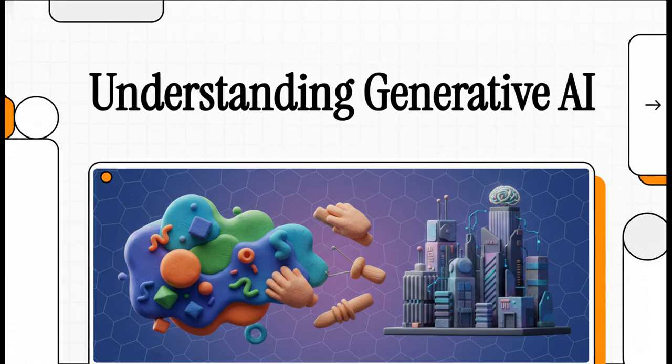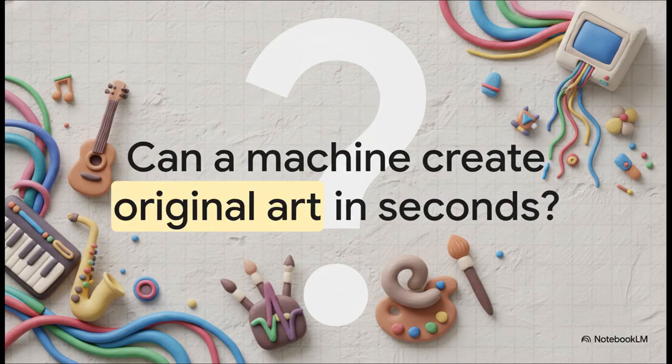Just like an artist takes a shapeless block and molds it into something entirely new, modern technology is now sculpting raw data. It's this incredibly fascinating, and yet maybe slightly intimidating shift. So ask yourself this: what if a machine could create original art, music, or even code in mere seconds? And I mean, not just search for it, and definitely not just copy and paste it. I'm talking about creating it completely from scratch.